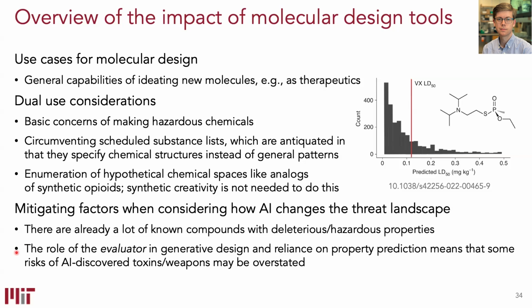And so if we can't predict these properties, there's no reason to think that a generative model will be able to invent a structure that optimizes that property. And so there was this comment article some years ago where they had a property prediction model that was trained to predict the LD50, or the lethal dose of different substances. And they used data from PubChem, so public data on toxicities, basically with LD50.